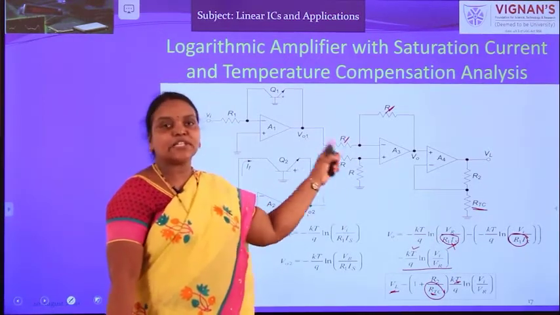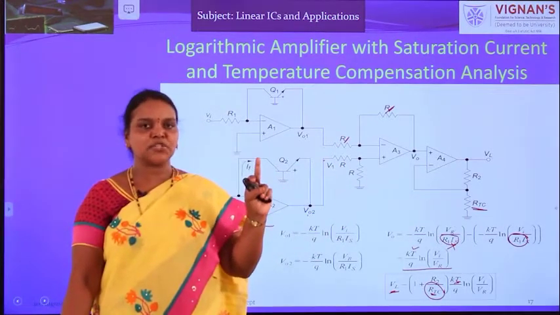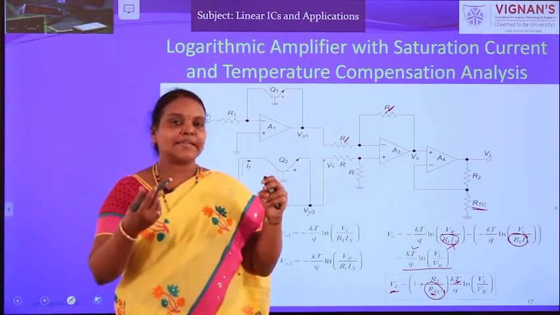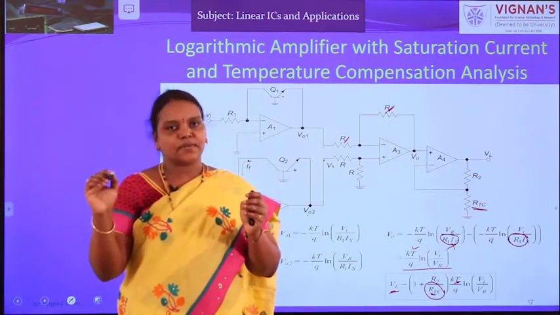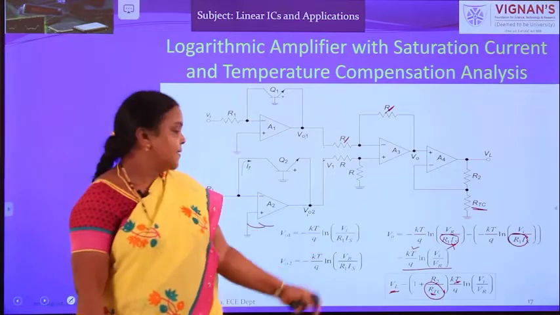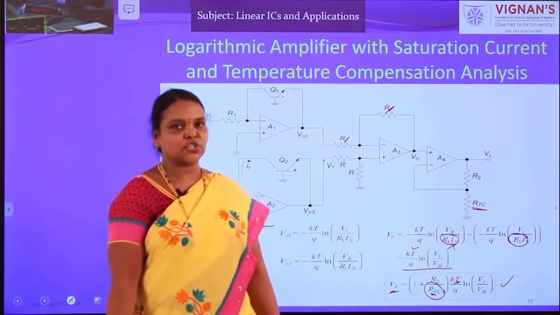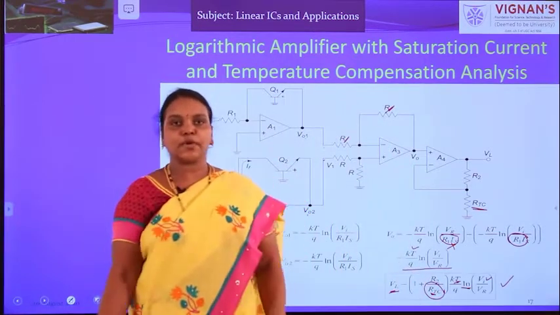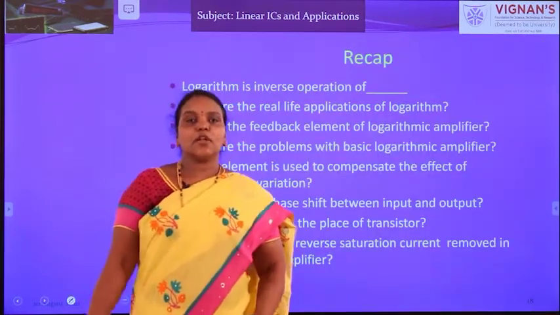So in this way, it is overcoming both problems. What are the two problems? The output should not vary with respect to temperature, and IS varies very much with respect to temperature, which we have treated as reference voltage. Reference voltage is equal to IS into R1, but the reference voltage should be constant, where it was not constant. So here, now the final expression is not varying with respect to temperature, and it is directly proportional to the logarithm of the input. Okay. So in this way, it performs the logarithm operation. Okay, this is about the logarithm amplifier.